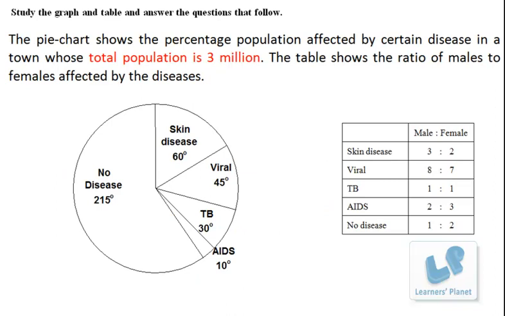Now let's take up the next set of questions. We have a pie diagram as well as a table over here. So just read the information first of all. The pie chart shows the percentage population affected by certain disease in a town whose total population is 3 million, that is 30 lakh. The table shows the ratio of males to females affected by the disease, right? Now,